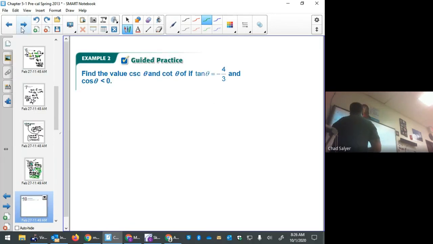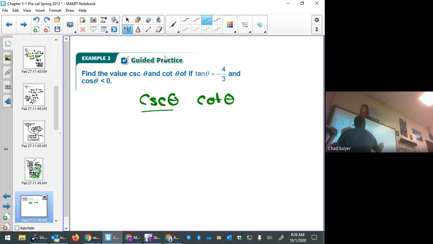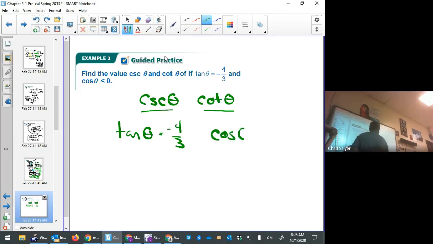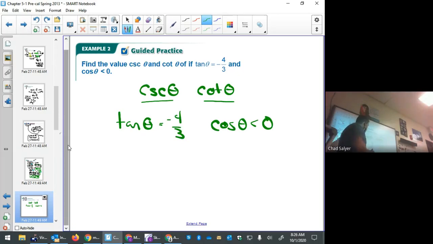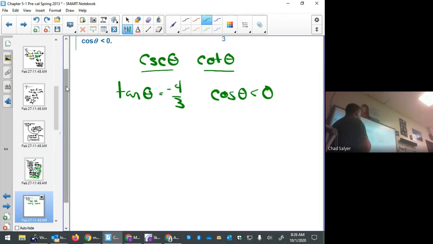All right. So we have cosecant theta and cotangent theta. Those are the ones we want to find. And our given information is tangent theta is negative 4 over 3, and the cosine of theta is negative. So with these two pieces of information, I could create a reference triangle and solve this real quick. But